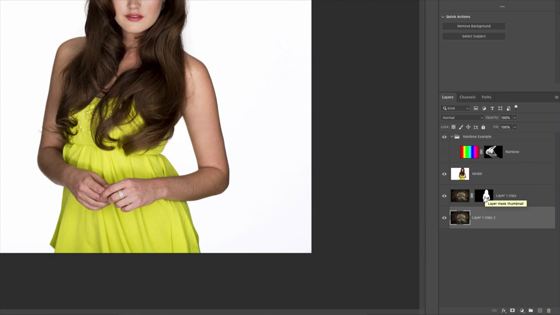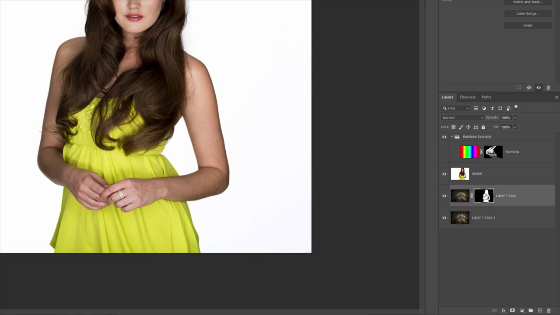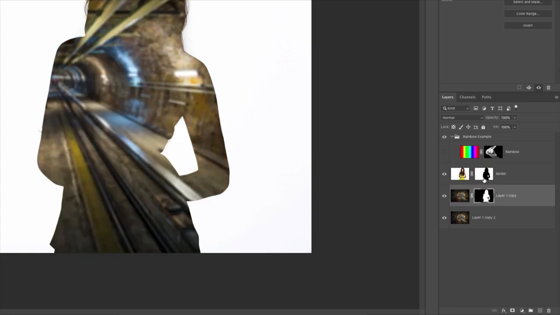If you're looking to copy and paste a mask to a new layer, you can hold down Option or Alt, and you can click and drag the mask, which will duplicate it to a new layer while still retaining the original. And again, I just hit Command or Control Z. If you want to duplicate and invert at the same time while dragging and dropping, hold down Shift and Option or Alt plus click and drag will invert and copy and paste to a new layer.